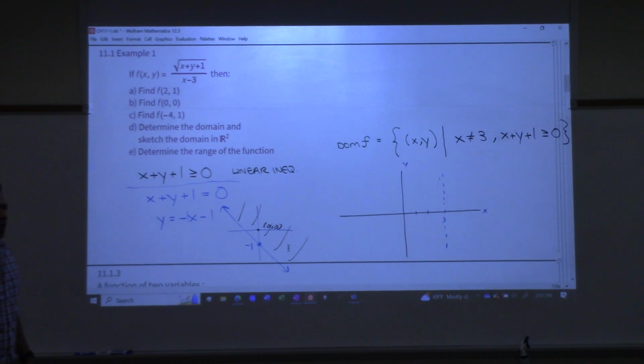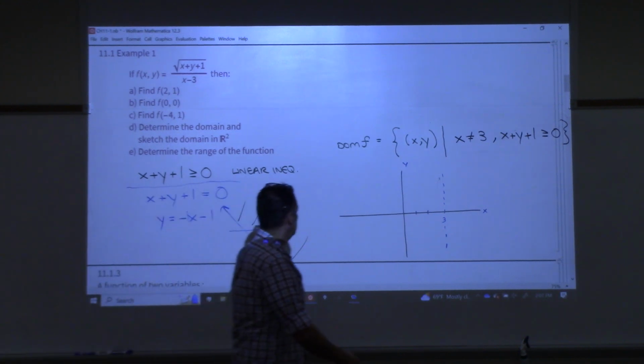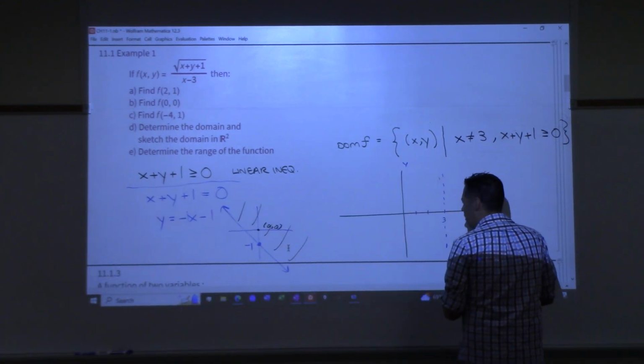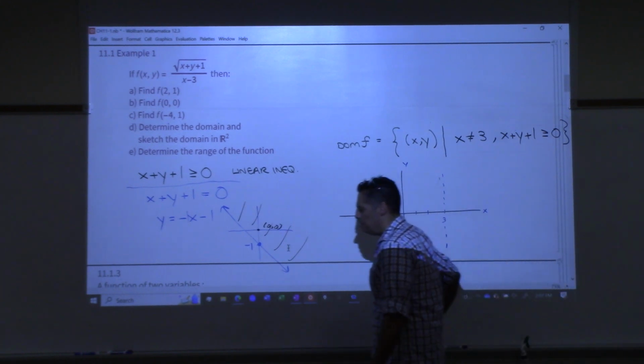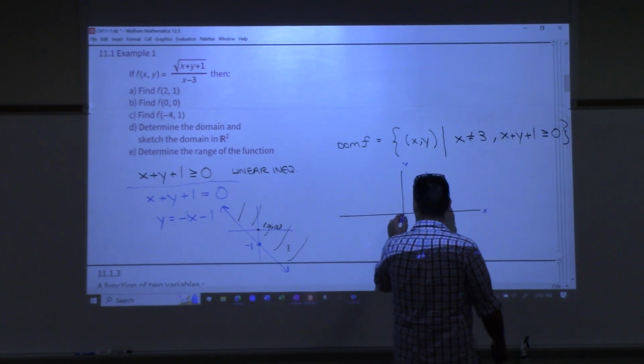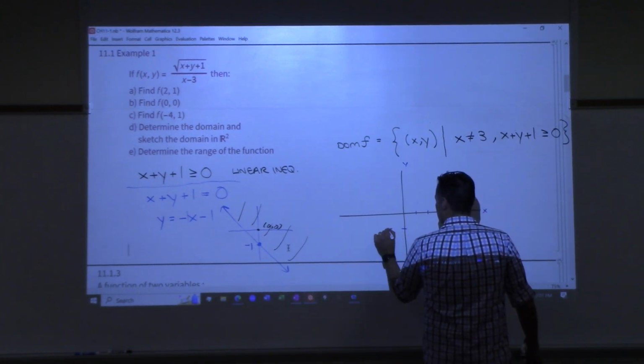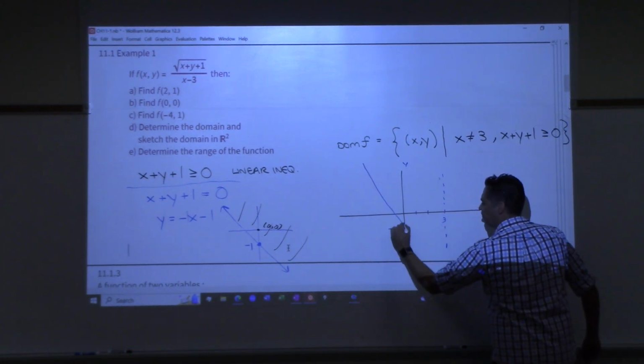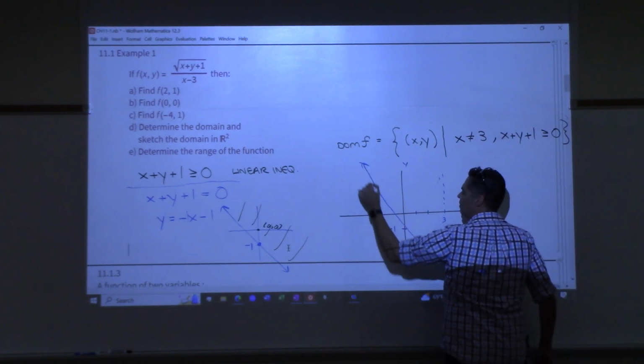Done. Now, let's combine that with this over here. So back over here, I had that x could not be 3, right? But it has to be also all the points. This is -1. Not a very good picture there. Okay,